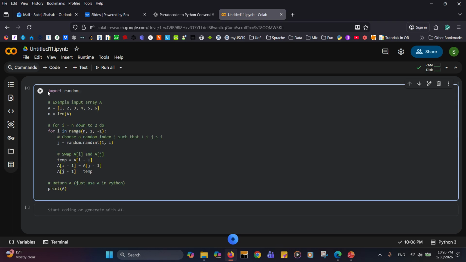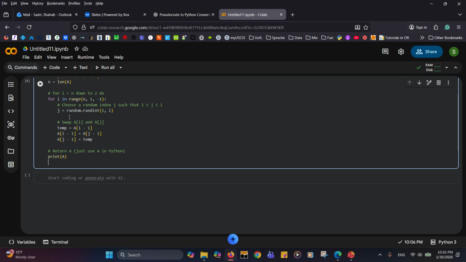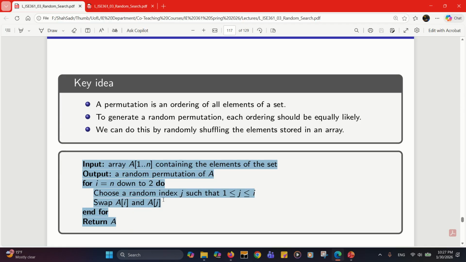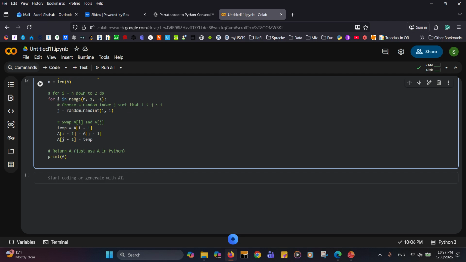So again, we imported the random library. We have the list of items. We have 6 items here, and then we have the length of that, which is equal to 6. So what we do here, as you can also see in the pseudocode, we start from n going backward to the beginning. So this is exactly what we do here in the code. So i starts from n, and we go back to 1, and 1 is excluded,